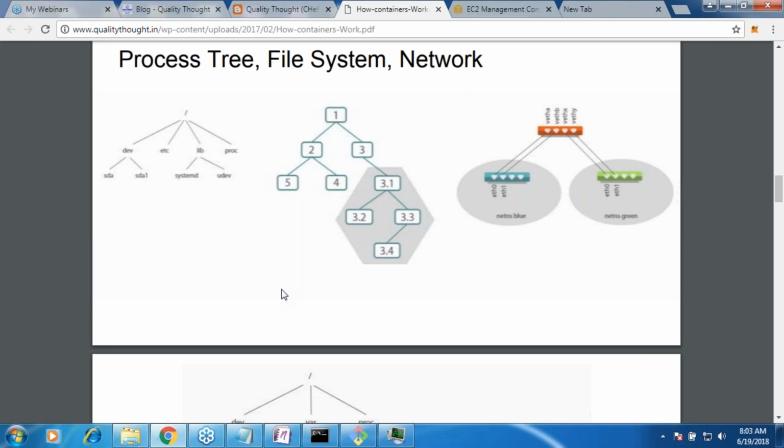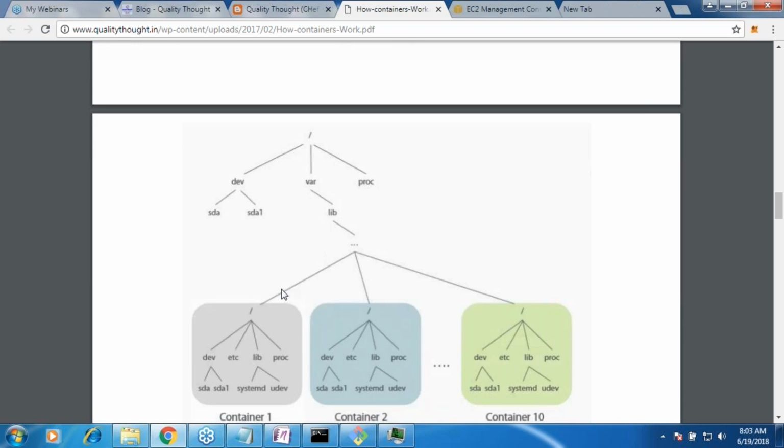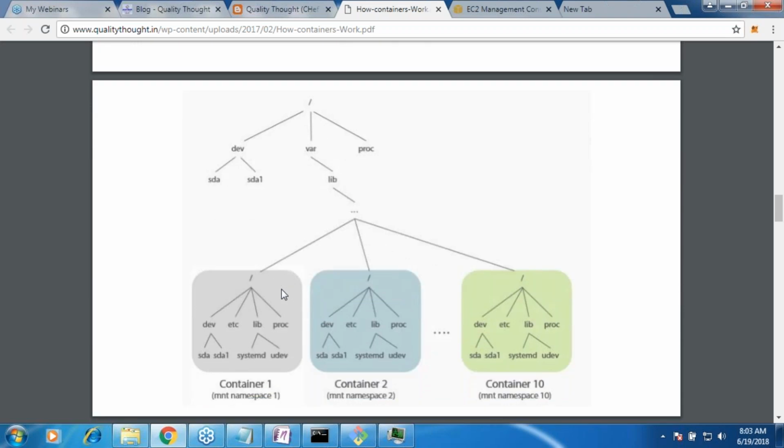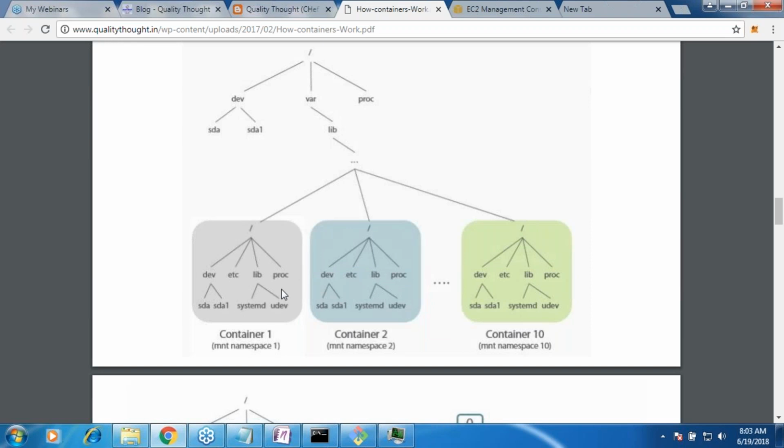All right, so this is a file system, right? The colored boxes are your containers. And within the container system, where did the file system start from? Again, it is starting from the root. Is this root the actual root? No, that is the root of your user space. So for the application which is running within this container, it is seeing a file system which starts from root. So the application has every right to believe that it has its own system altogether.